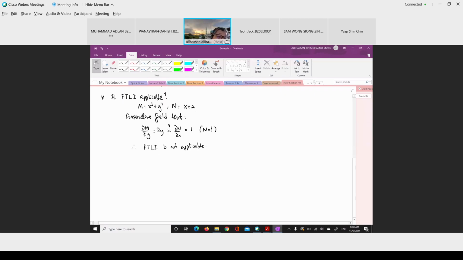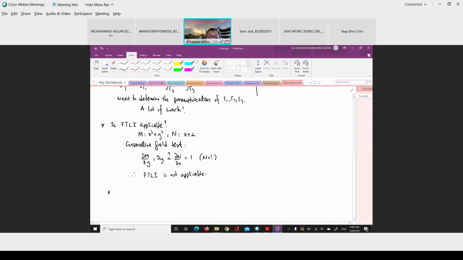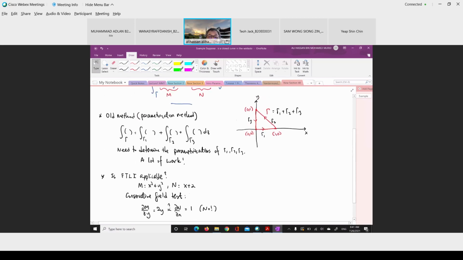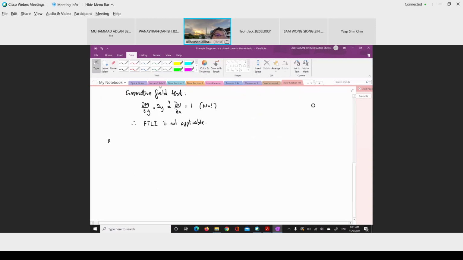Okay, so let's take a look at the Green's theorem. Can we apply the Green's theorem? Because it is a closed curve, right? And the closed curve gamma is a boundary of the triangular region omega there, isn't it? So by the Green's theorem,